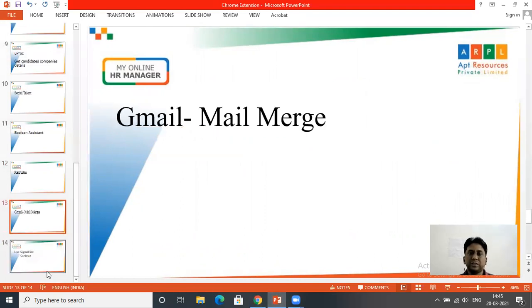Now this is the last Chrome extension which we are going to use: Mail Merge for Gmail, which is free for 25 candidates per day. If you go for the paid version, it's very reasonable. It is just 2,500 per annum. In that, daily you get 400 emails.